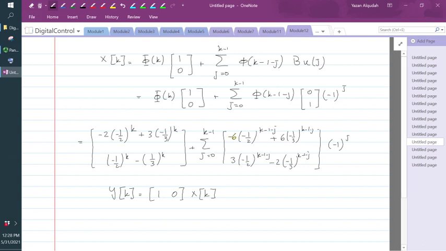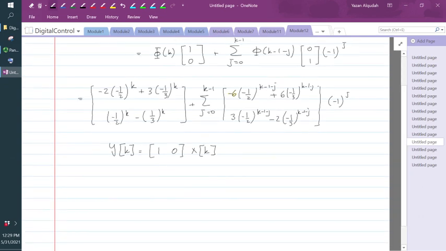And therefore, if I multiply this with the C matrix,